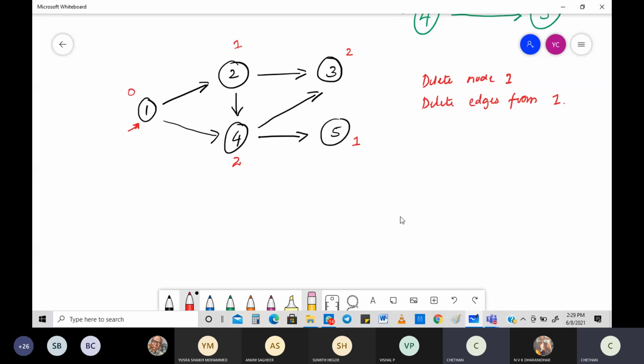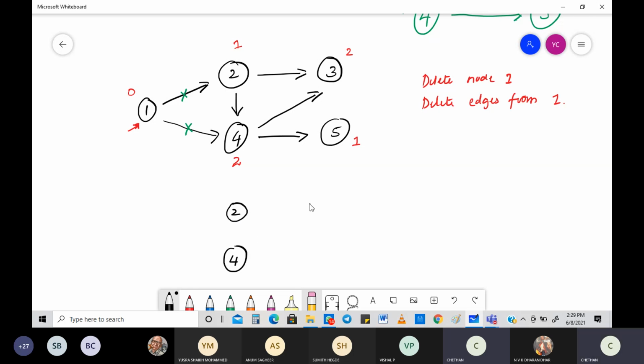Okay, if I do that, what are the edges to be deleted here? I think the edges to be deleted will be with regard to this one, and also this one. These two edges need to be deleted, along with your 1. If I do that, what is the next thing I'm going to get? Be careful, I'm writing it. See this again, you've got your 2, you've got your 4.